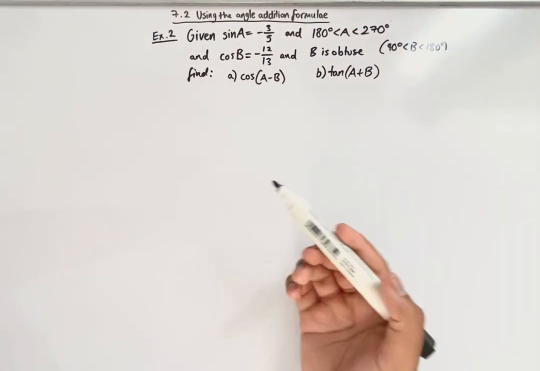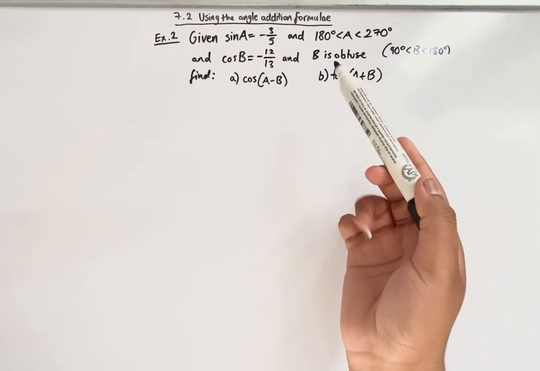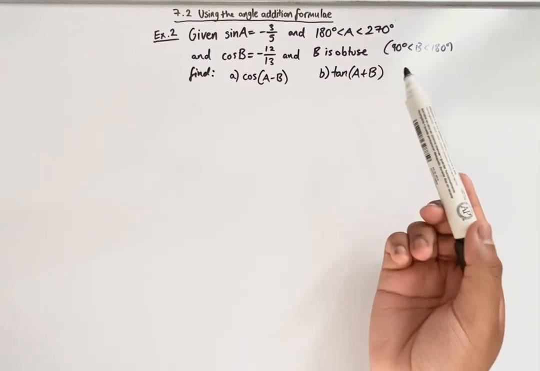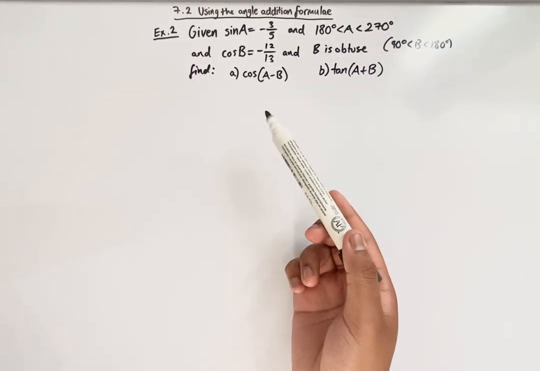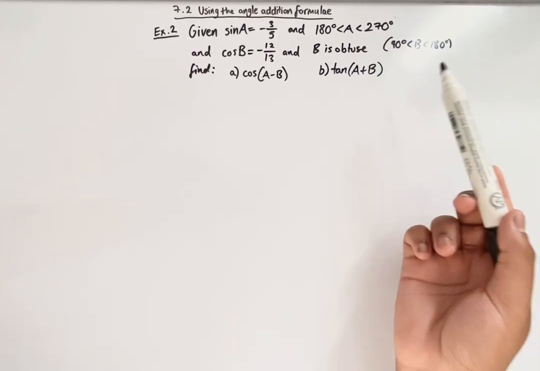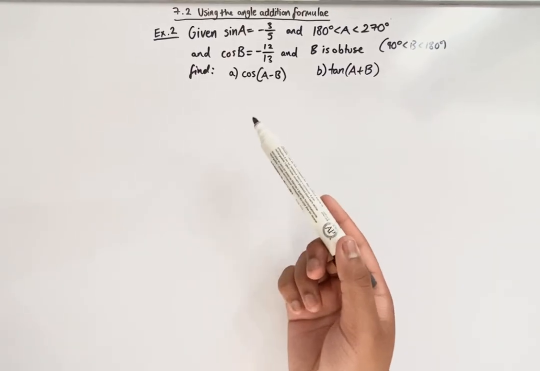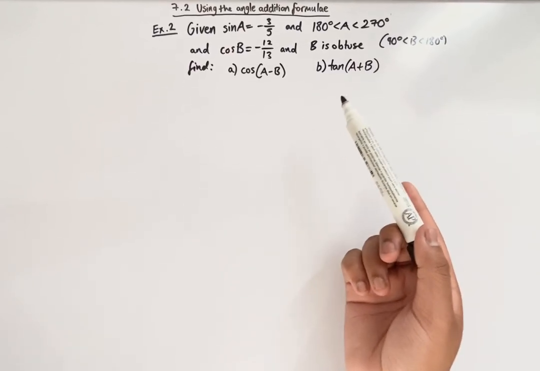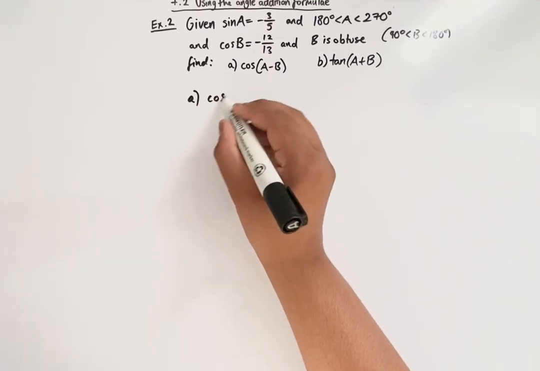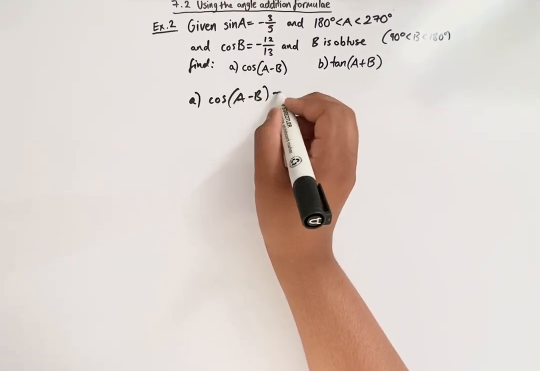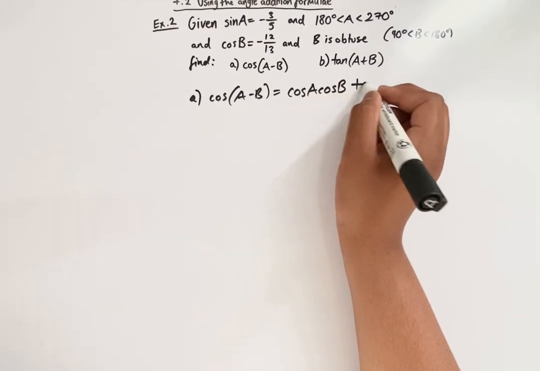Let's do one more example. Given that sine of a equals negative 3 over 5, and 180 degrees is less than a, which is less than 270 degrees, and cos b is equal to negative 12 over 13, and b is obtuse, so 90 degrees is less than b, which is less than 180 degrees, find a, cos of a minus b, and b, tan of a plus b. For part A, cos of a minus b is equal to cos a cos b plus